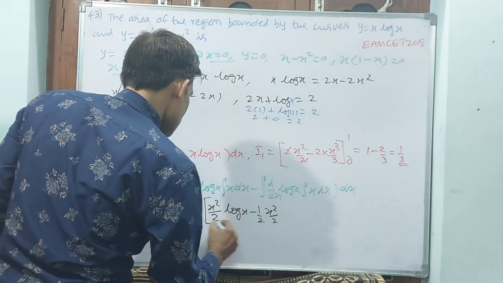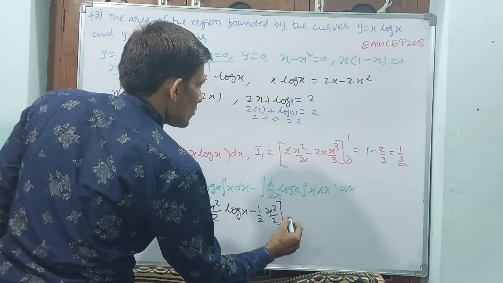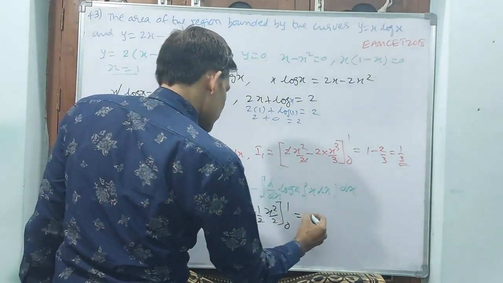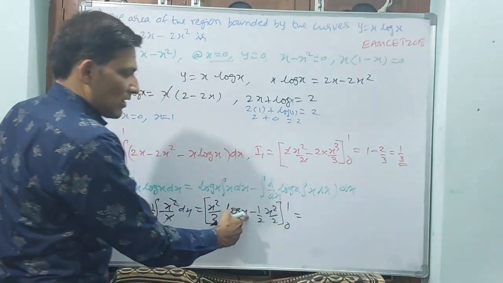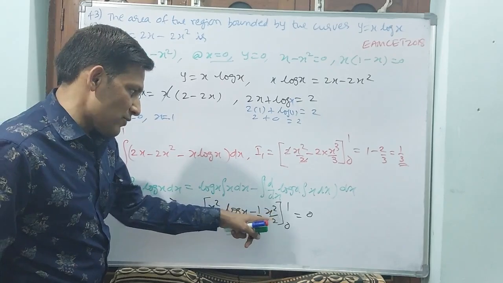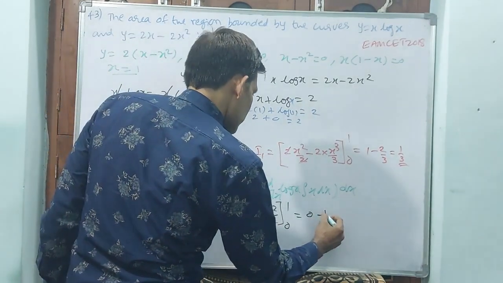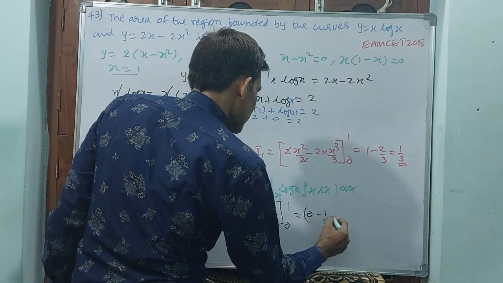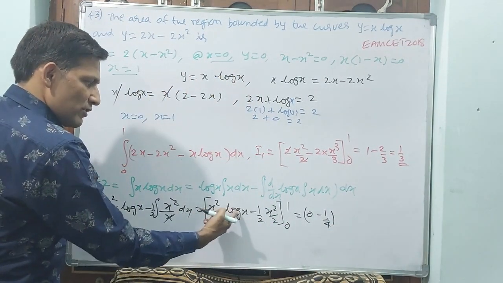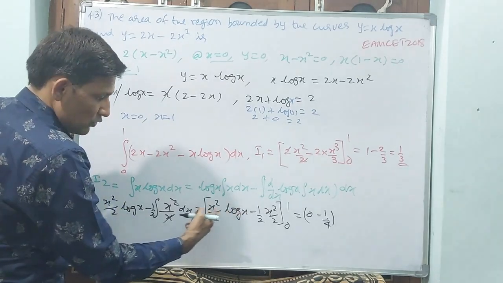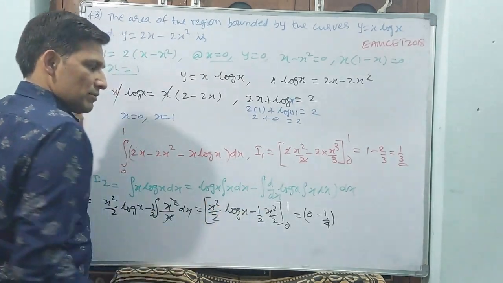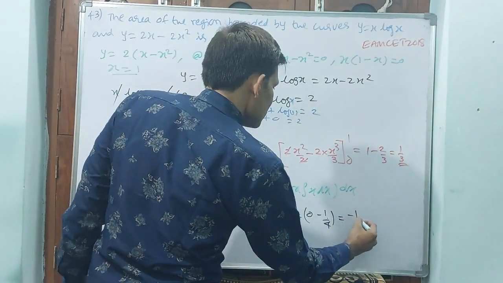Okay. Now you see this is also having limits 0 to 1. Now substitute 1 by 2 log. See, 1 by 2 but log 1 is 0. That means the first one is 0. And you see 1 by 2, 1 by 2, 1 by 4, minus 1 by 4. Okay, this is the upper limit. Lower limit 0, you need not give. 0 into something is 0. Don't worry about 0 into log 0, that is 0. That means you need not take it. That means minus 1 by 4 will come.